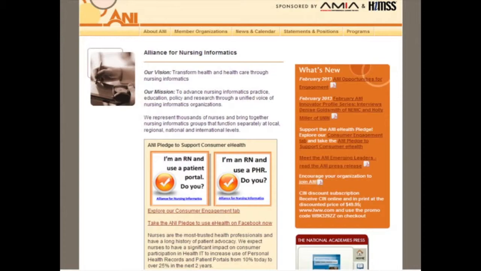There's a Nursing Informatics Committee under HIMSS. They're a member of the Alliance. So again, I think it's 28 organizations now. So what ANI decided to do was to become a pledgee, and as a pledgee to launch a campaign, which was launched in January or February of last year, to specifically be looking at how nurses can get involved in using a personal health record or a portal themselves, and then turn around and use that experience to share with